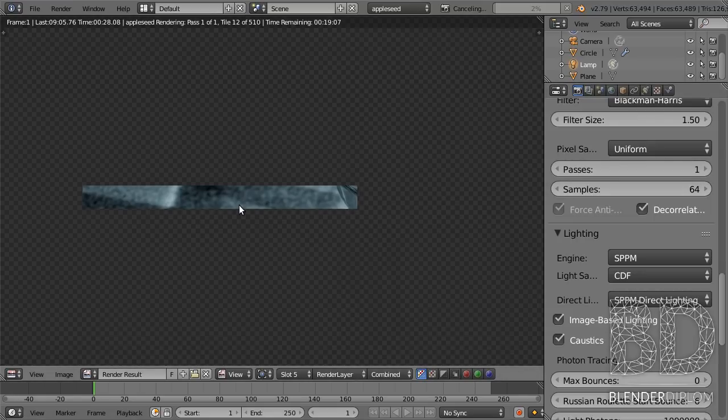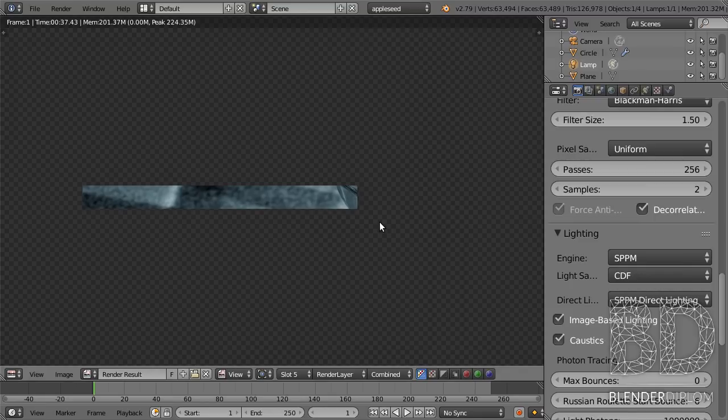So in case we want a lot of photons in our scene and thus better caustics, we should increase the passes instead, because for each pass new photons will be shot into the scene and the samples should be drastically reduced. For this demo I'm going down to 2,